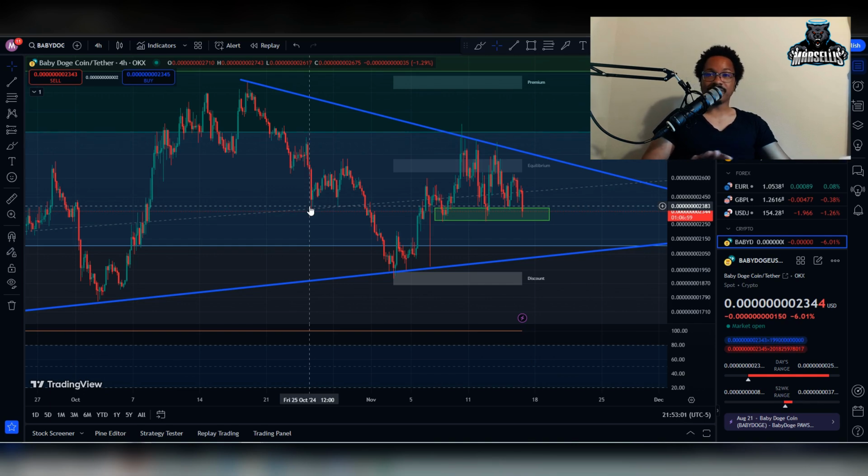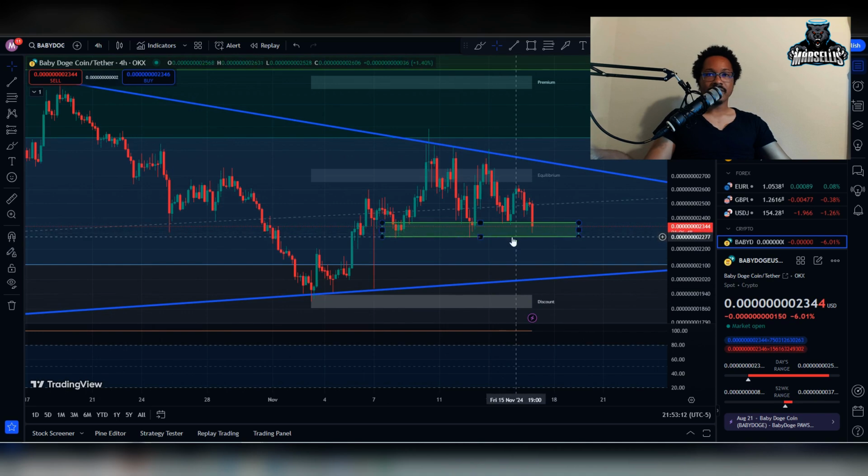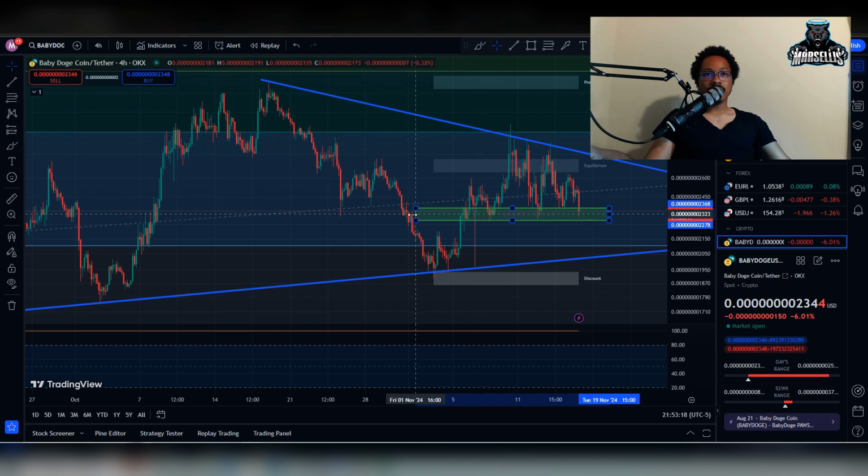Because remember, I'm not a financial advisor. None of this is financial advice. But what I'm doing, I believe that this is a good price point. I'm just looking at the supply and demand zone that we have here. Every single time we get down to this zone, we always have more movements. If you actually look back here,